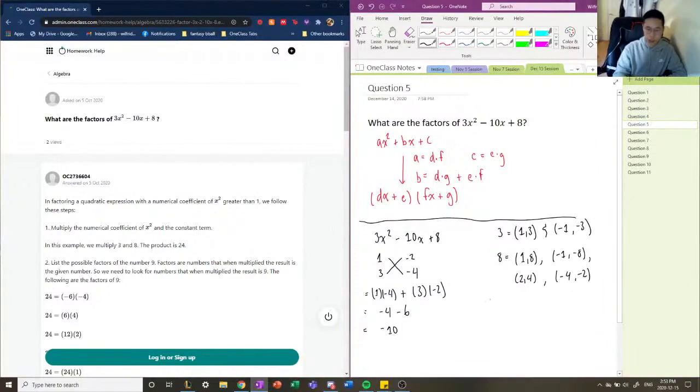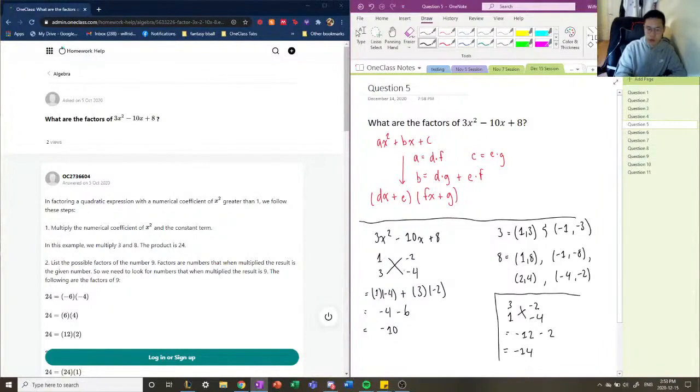So one thing to note is that I'm going to rewrite our factors in a different way. What if I said, let's put the ordering of the factors like this and leave it like this? If I were to cross multiply this, it wouldn't equal negative 10 anymore. It'll be equal to negative 12 minus 2, which is equal to negative 14. So the order or the sequence of how you order the factors really matters here, because